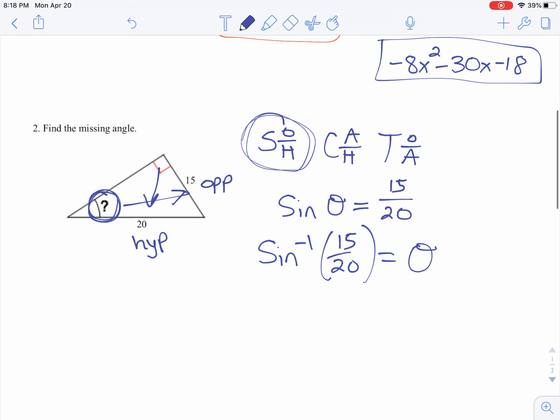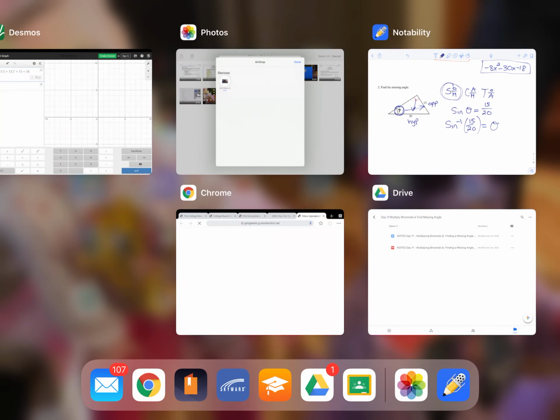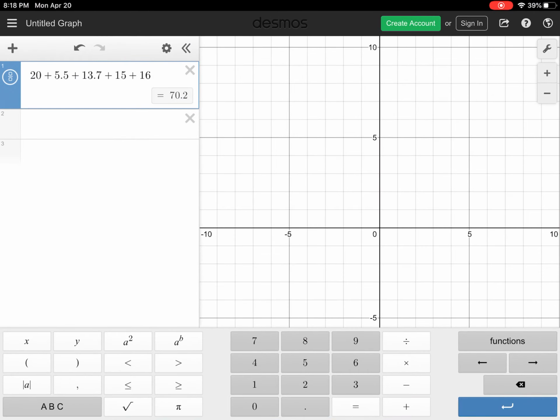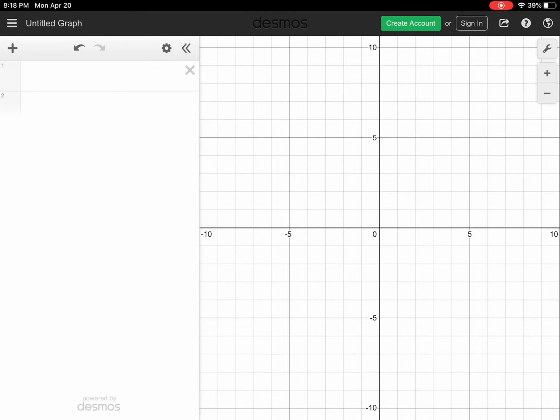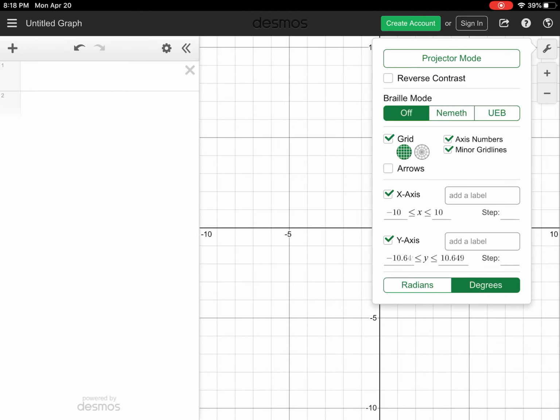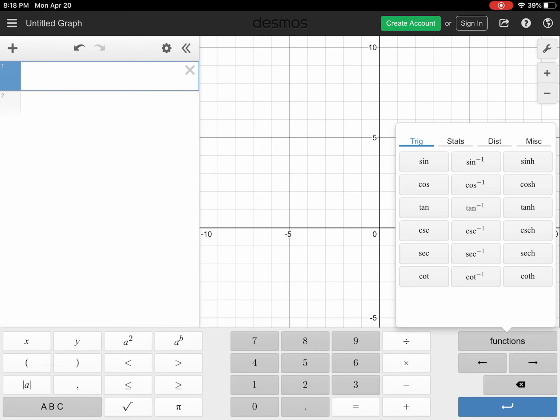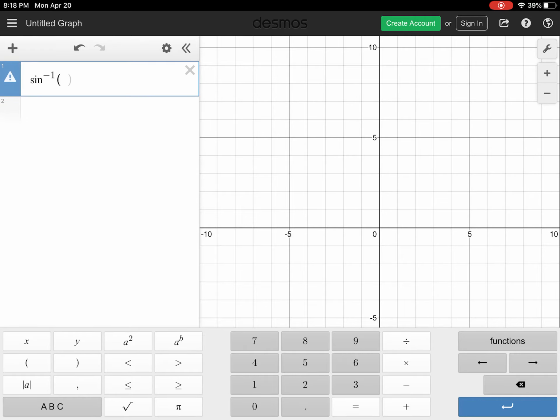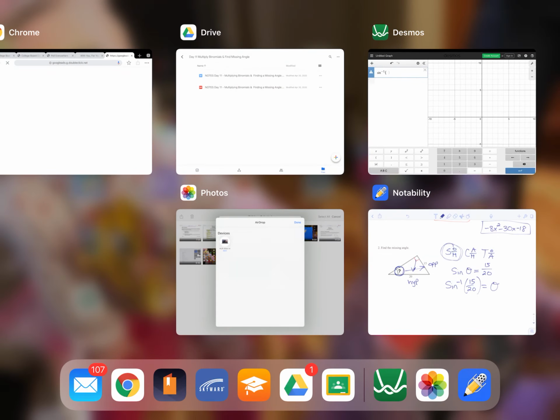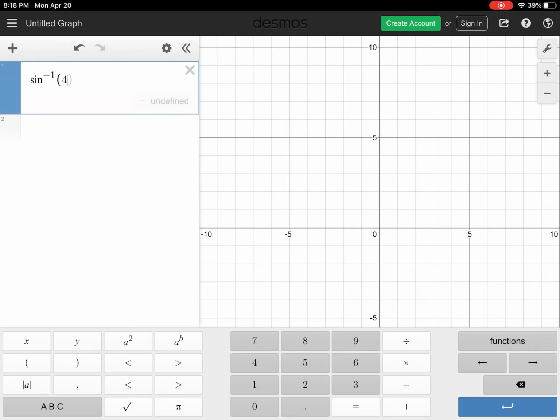Now you can go to your calculator and plug that in. I'm going to use Desmos. Here we go. Sine 15 over 20. So we want to use the inverse of sine. You might want to check your wrench first to make sure you're on degrees, which I am. So our functions button, sine inverse, and then I believe we had 15 over 20, yes. So 15 divided by 20, which would give us an angle measure of